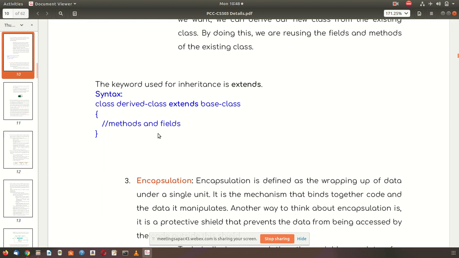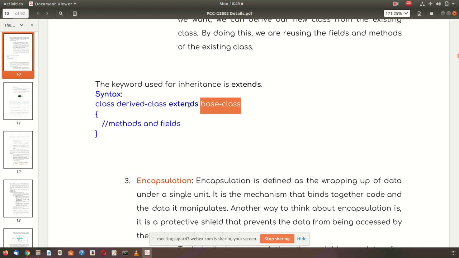This is the structure where class is the keyword, derived class is the name of the class that we are writing. It is also called the child class, sometimes also called derived class, and base class is also called parent class, that is the class which is already written or already existing and whose properties we want to utilize without writing them again.